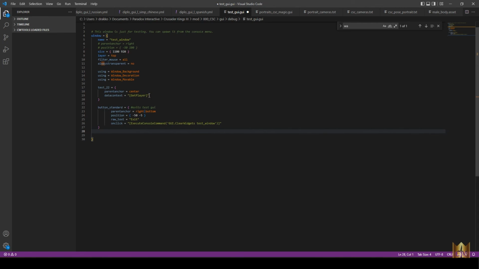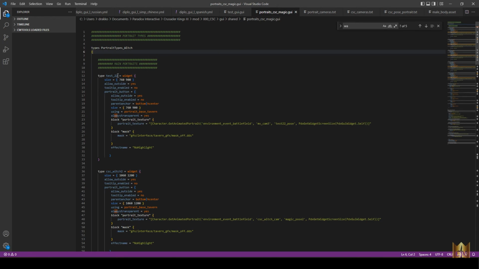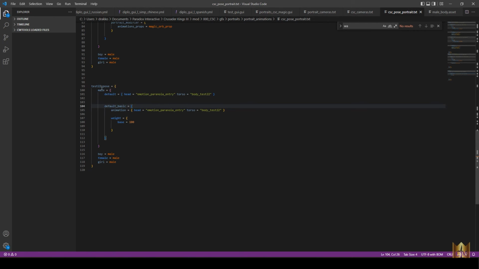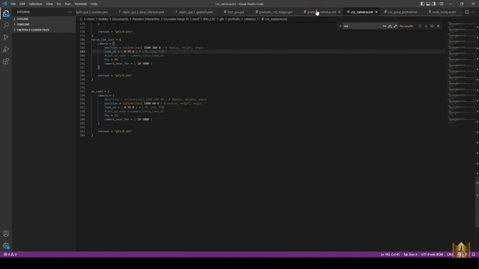Or you can do whatever data context you want. So test 22 corresponds to my portrait. Test 22 corresponds to the environment that I want them in, the camera that I want them in, and the test 22 pose, the pose that I want them in. So that corresponds to the pose here. And this pose dictates what animation I'm going to use. So right there I have what animation I'm going to use,